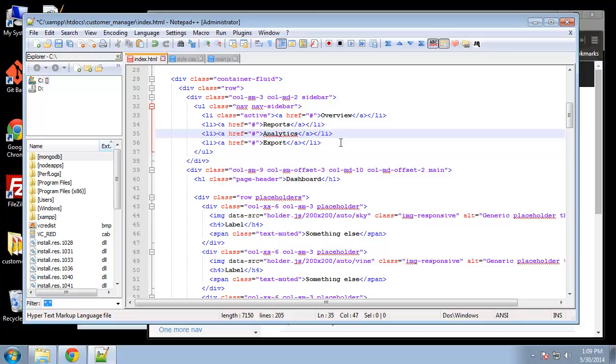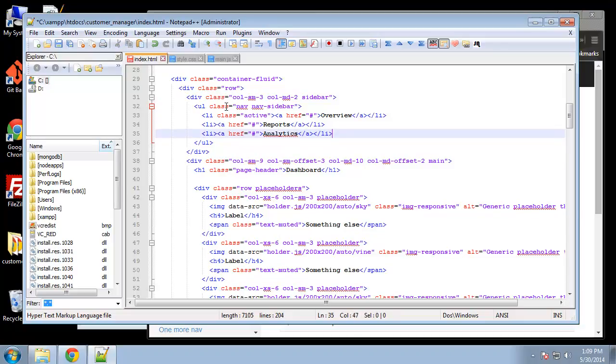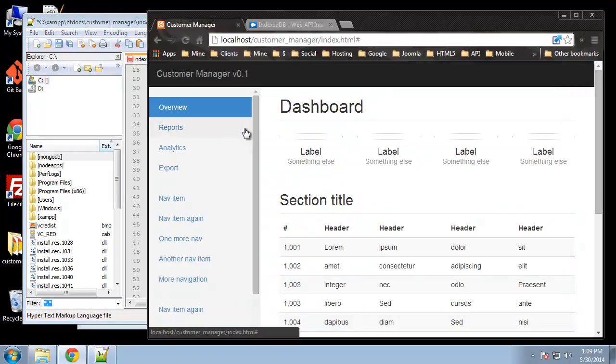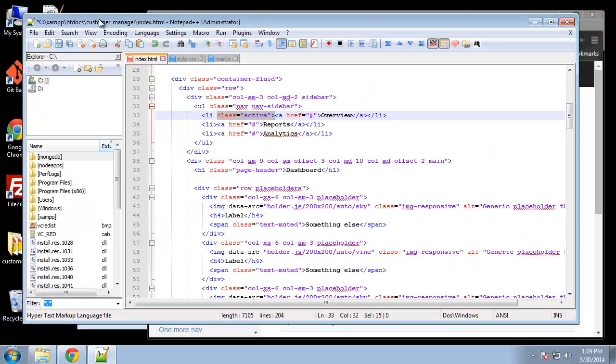Alright, so we're only going to have 3 links. Whichever one has the class of active is going to have this blue background. So for now let's just call this customers, which will be our home page, which is index.html, and then we're going to have another link called add customer,